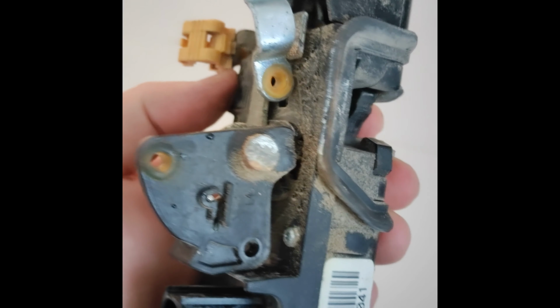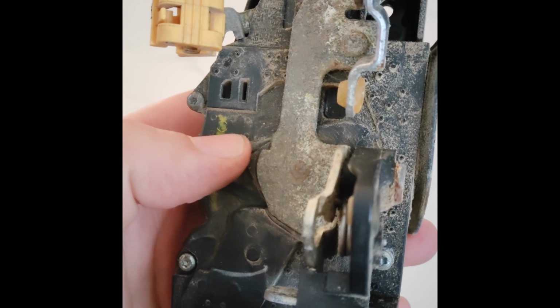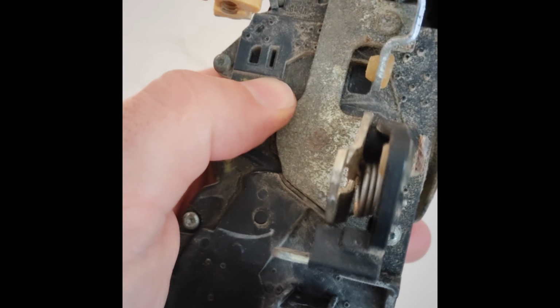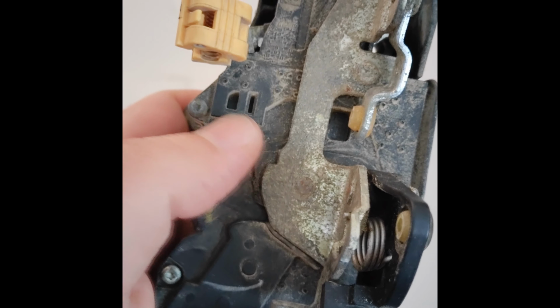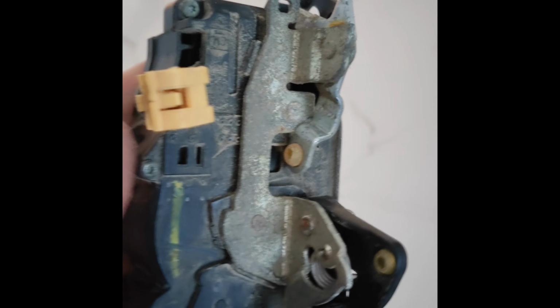Alrighty guys, so now that we've got the old part out, let's talk about what went wrong. So this little part here that you can kind of see moving there, that's where that tab broke off. So this is what actually locks and unlocks the car from the outside. So when the car was at the wrap shop, what they did is